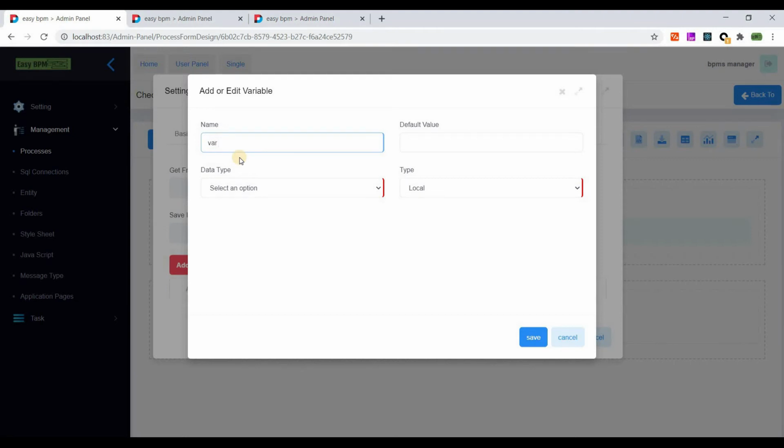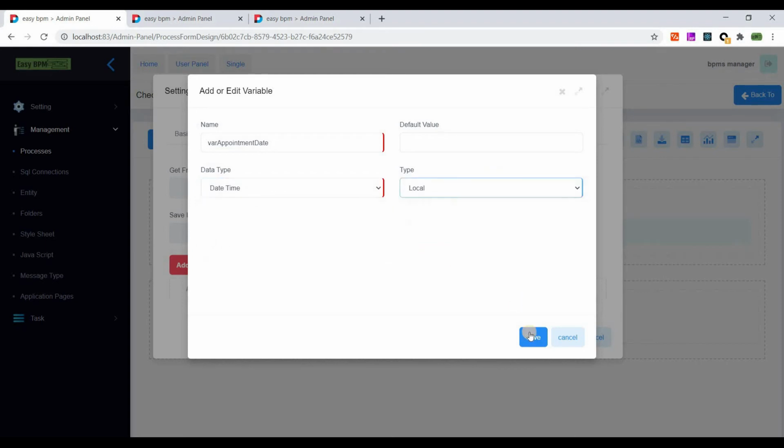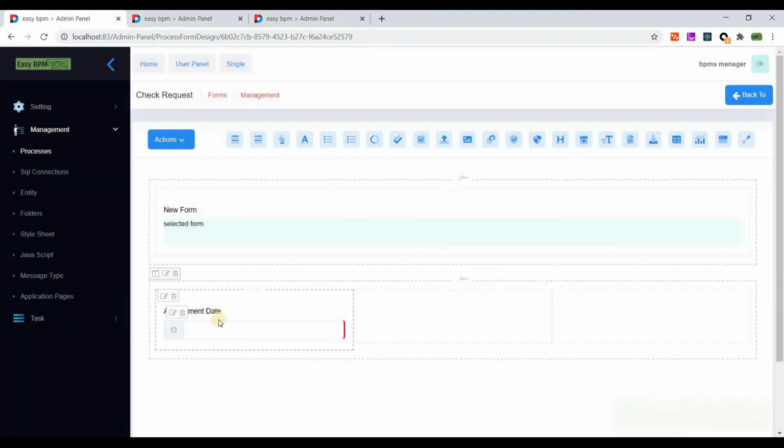a local variable date. So the type is datetime. I will select that. So I assign appointment date and I add